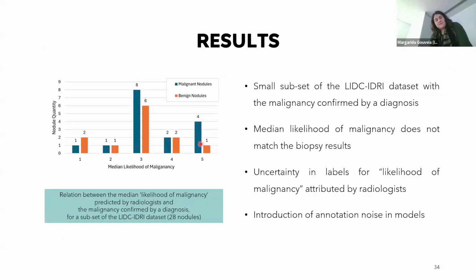So just, I tried to analyze the different types of annotations. First, I reduced the number of nodules of the LIDC, to something like 28 nodules. We have the biopsy result, and if you look at an analysis of nodules that are malignant on average, this is about